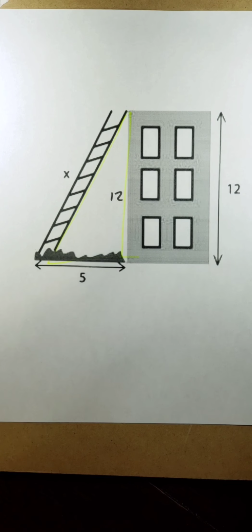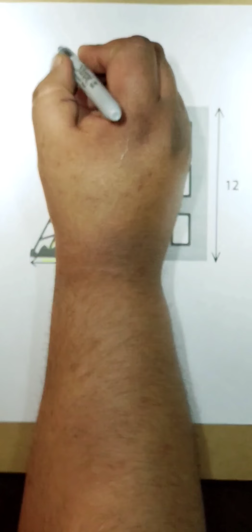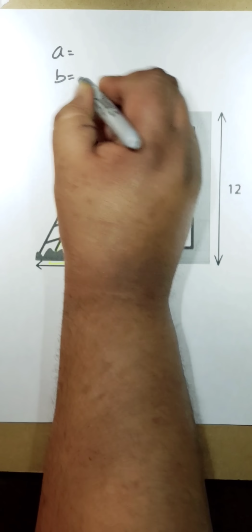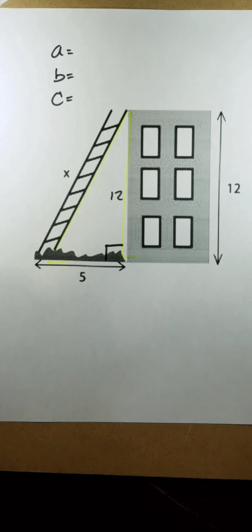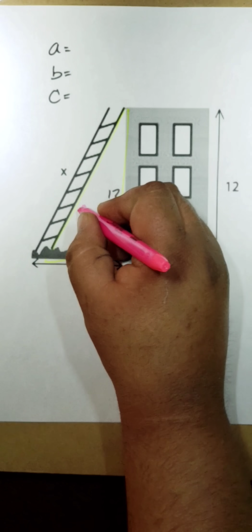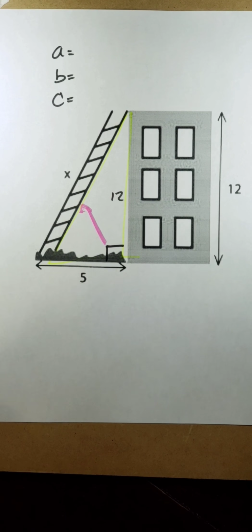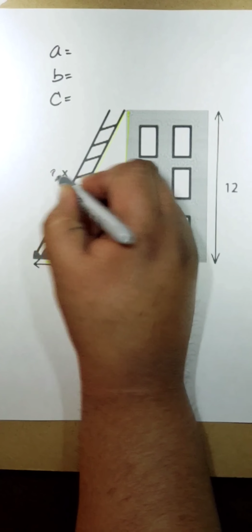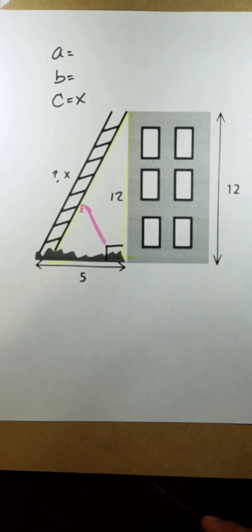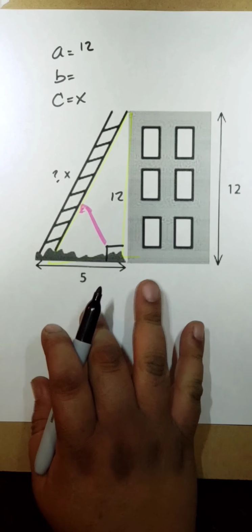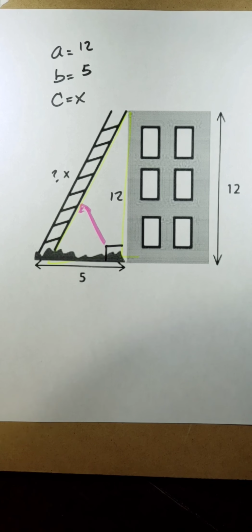So let's go ahead and start off by finding out what my A, B, and C are. Remember, the most important one is the C. So let's get started on C. Let's assume this is a 90-degree angle, and my C is, well, I don't know. My C is X, right? I have no idea what that is, so let's put X. Now A and B: let A be 12, and let B be 5. Again, these two you could have switched. No big deal. Okay, now that we have everything that we need, A, B, and C,